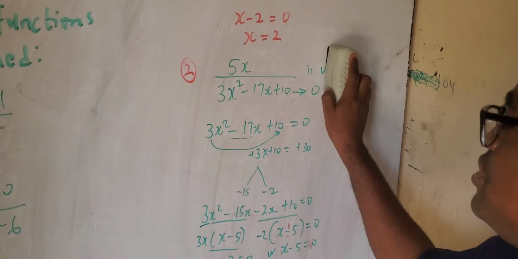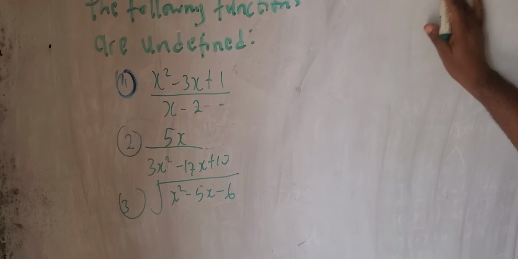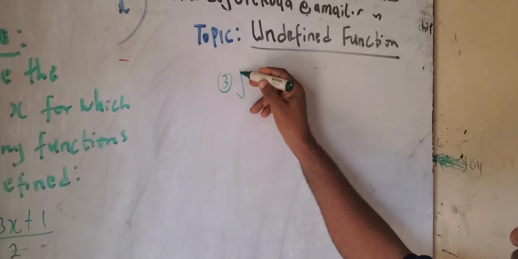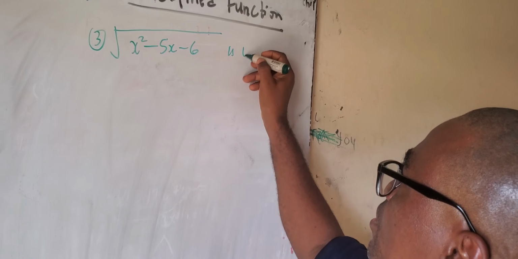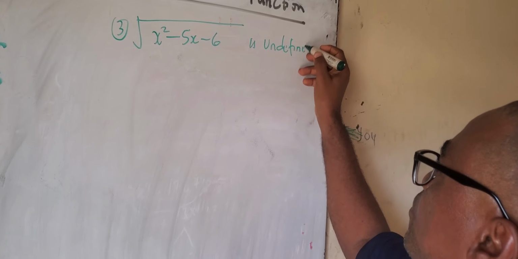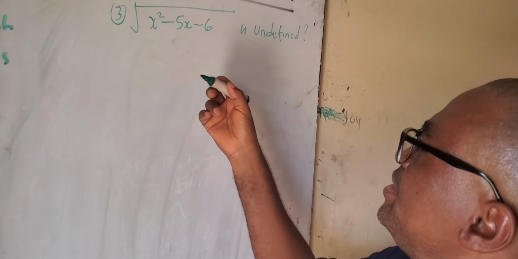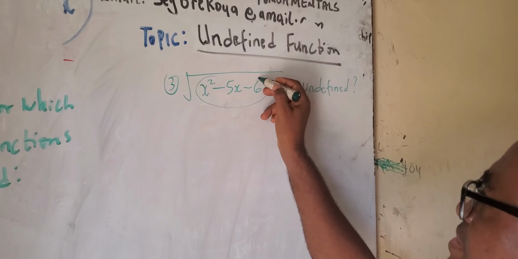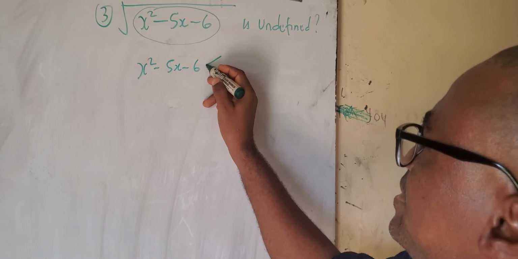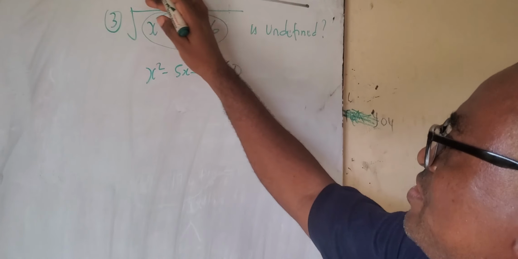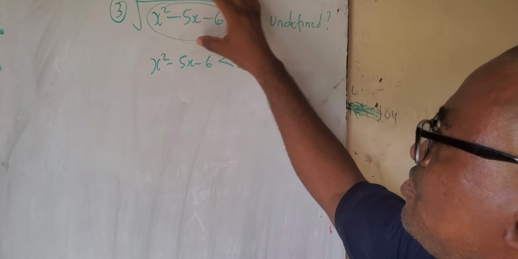Now we move down to the third question. The third question is this: for what value of this domain x is the square root of x squared minus 5x minus 6 undefined? Under what condition? The condition for the square root of a number to become undefined is that whatever is here must be less than 0, that is negative. So we say x squared minus 5x minus 6 must be less than 0, so that we can have a negative under the square root sign. Because the square root of a negative number will give us a complex number,